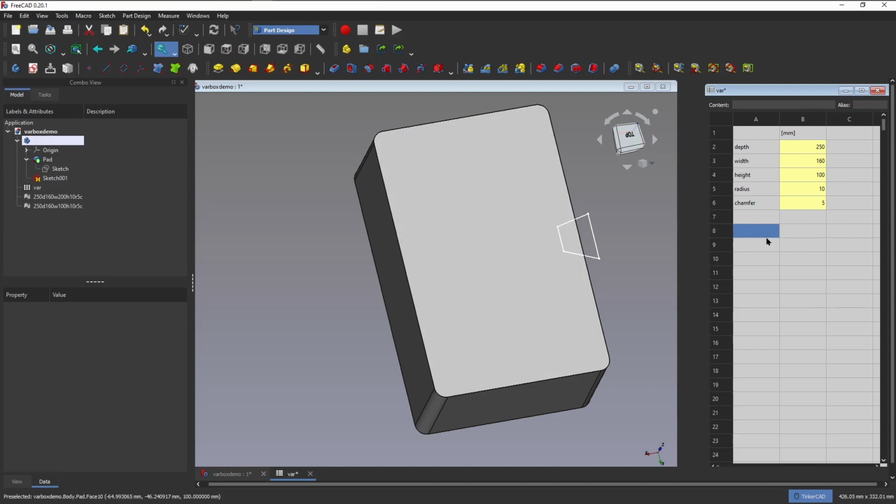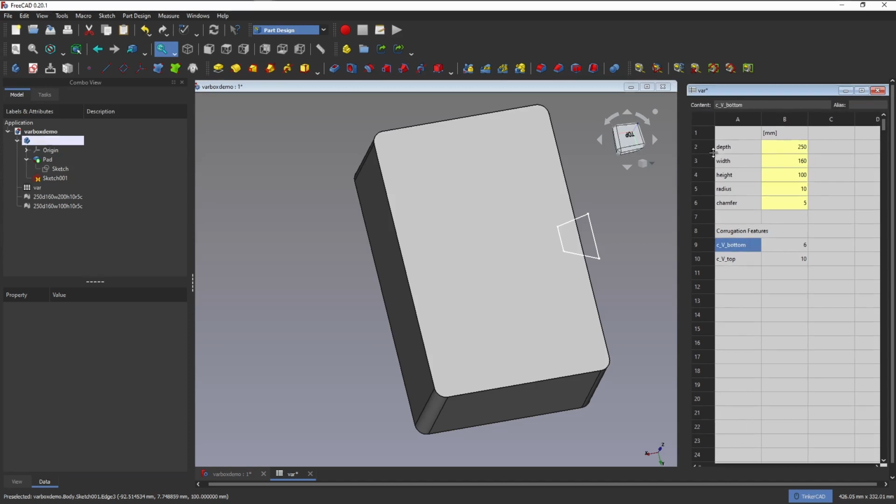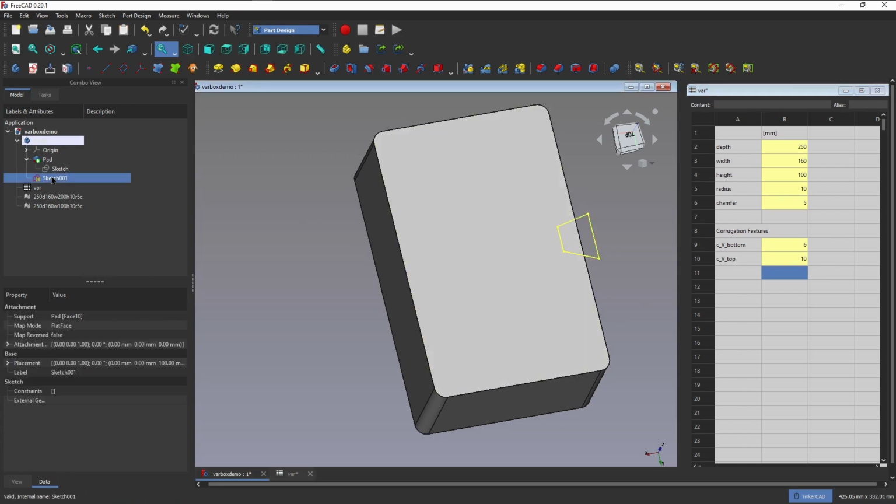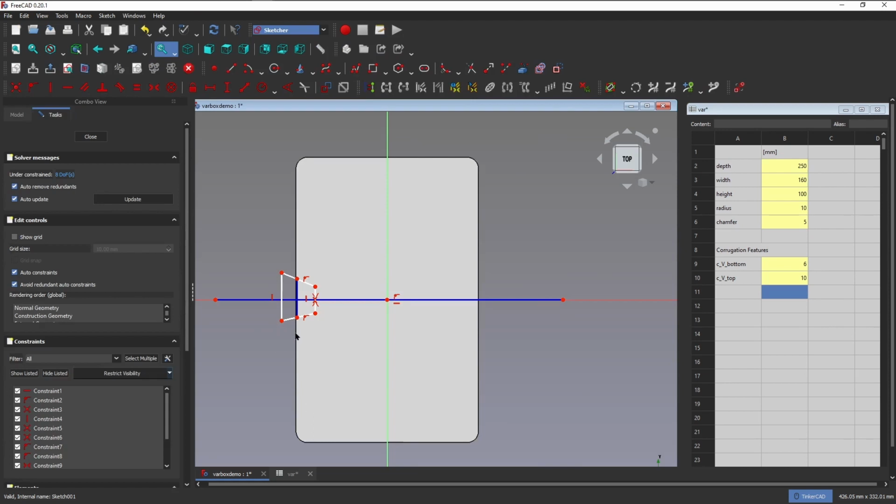So here I'm going to create my creation features. All right, you can merge cells, so that's a thing. I want to use this as my alias for this cell. So enter, enter. We're going to go in here, copy, click, paste, enter, enter. All right, so those are now referenced. We'll go back into the sketch, edit sketch,